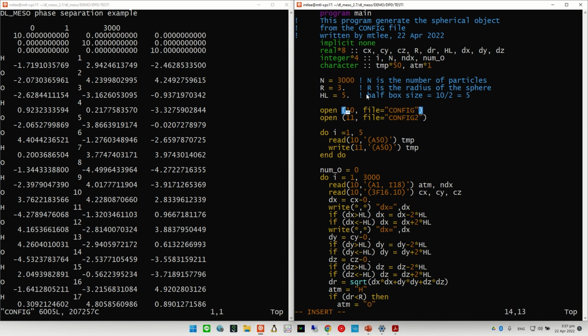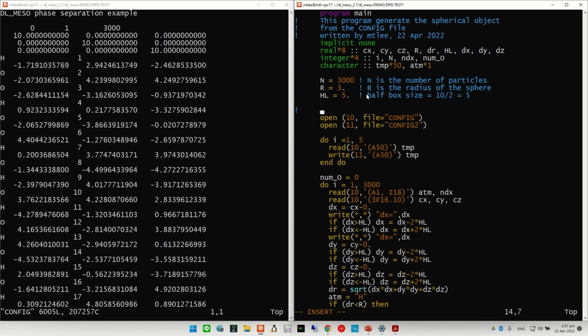We're going to open two files. Opening the file, file handling. We open file 10, which is the original one. Config2 is the new configuration file.